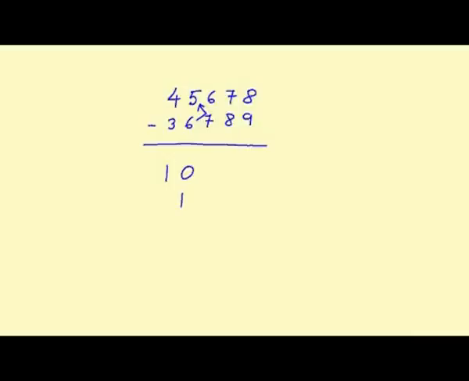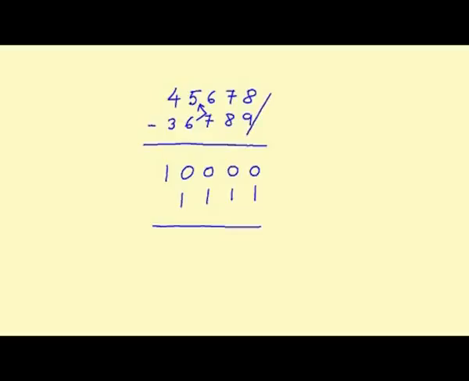So let's make them simple first. 6 minus 7 is again complex, so 0 and 1. 7 minus 8 is again complex, so 0 and 1. And 8 minus 9 is again complex, so 0 and 1. Now forget the top two lines, our original subtraction, and concentrate on the lower two lines, which say